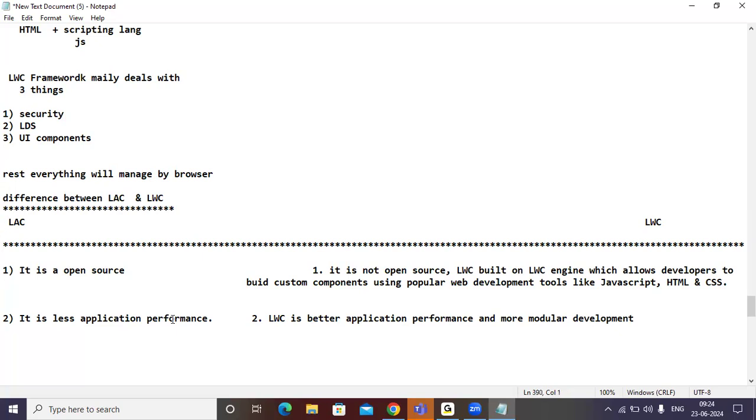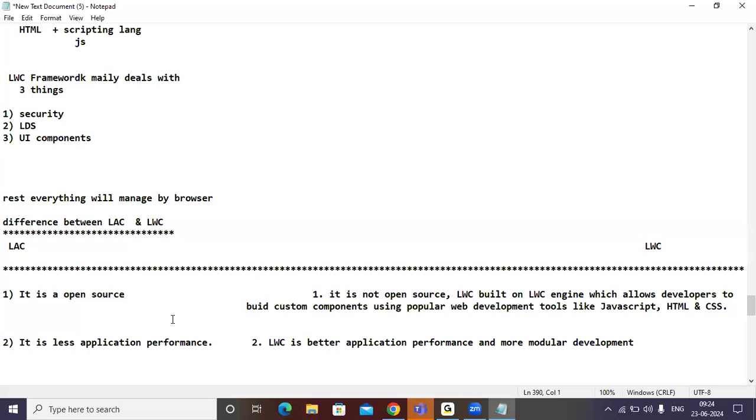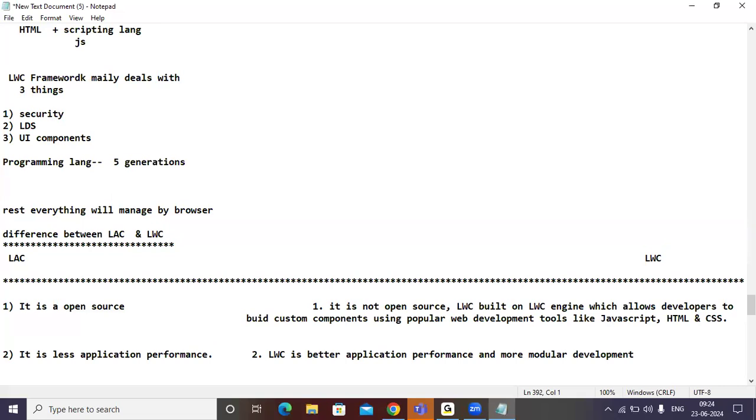Guys, at this particular point of time, let me discuss a simple point here. Programming languages, do you know how many generations of programming languages there are? 5 generations. What is the first generation? Monolithic language.